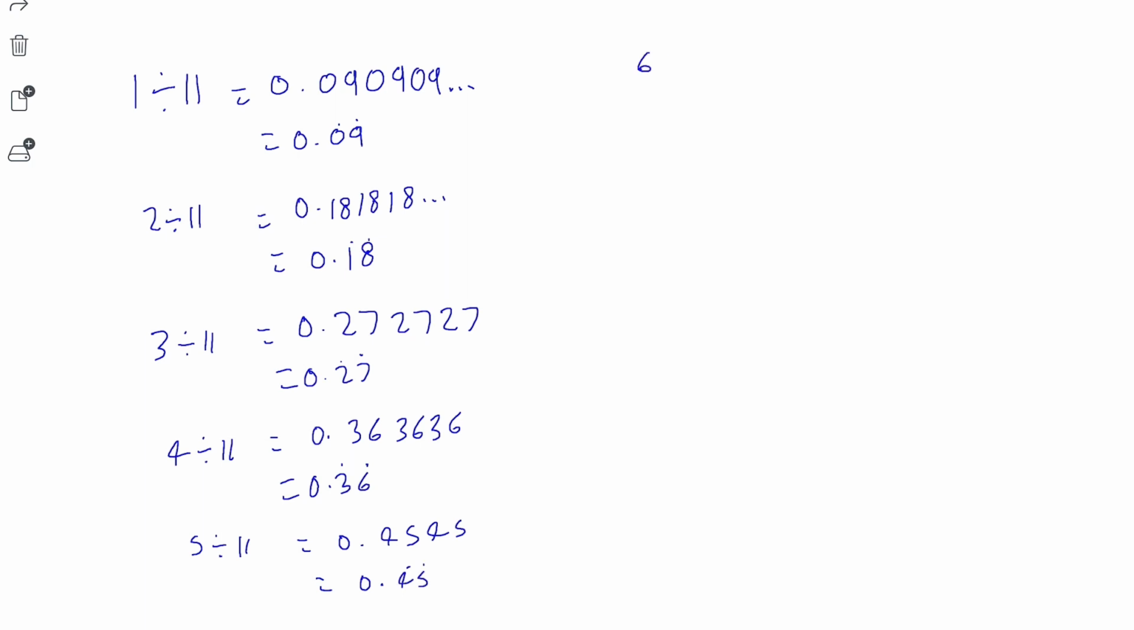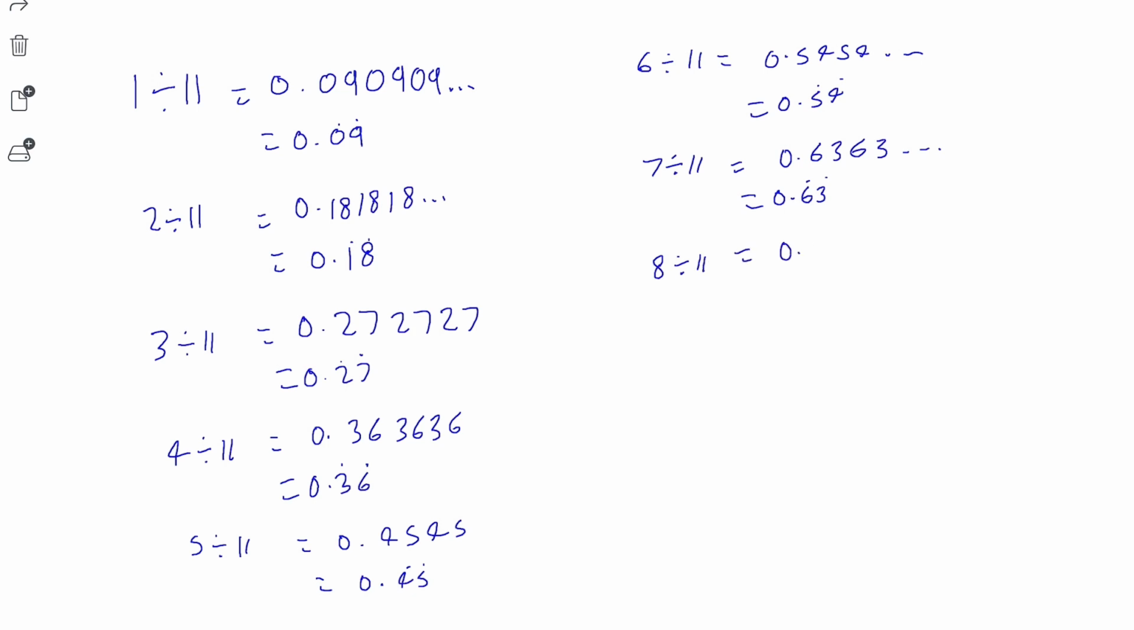6 over 11 is 0.5454, which is 0.54 recurring. 7 divided by 11 is 0.6363, which is 0.63 recurring. 8 divided by 11 is